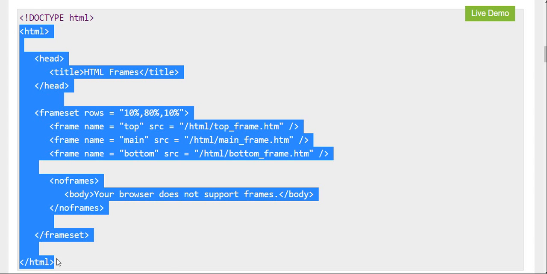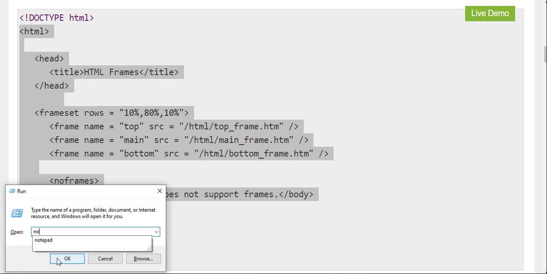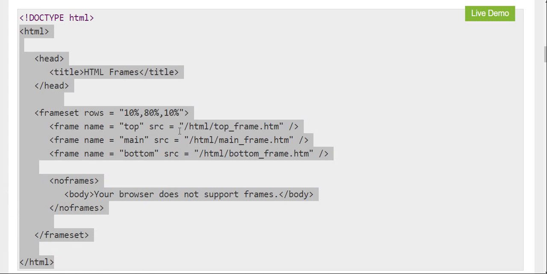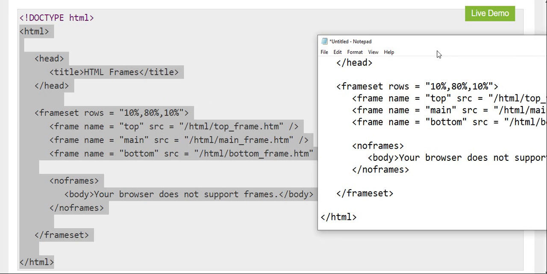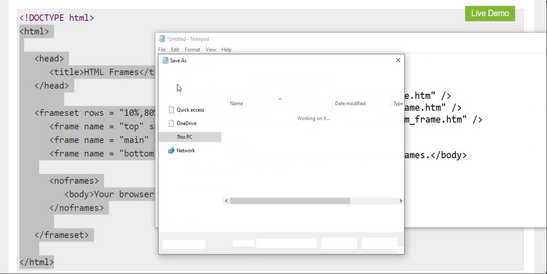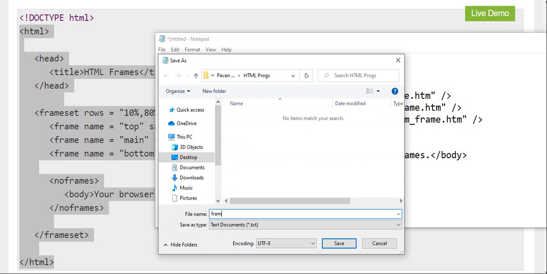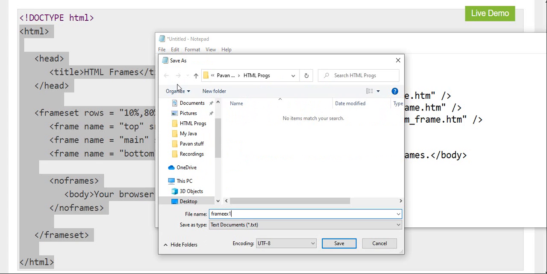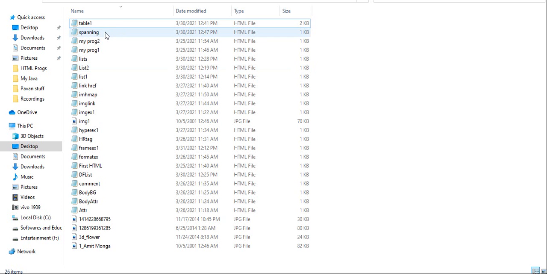Control C, Windows R. Opening a notepad file, paste the program, file, save, frame example1.html, save, opening that folder.